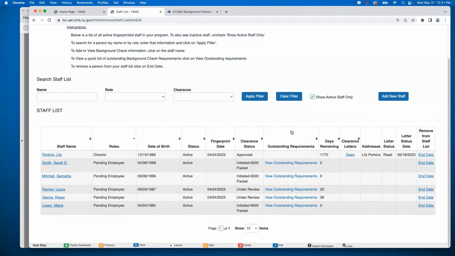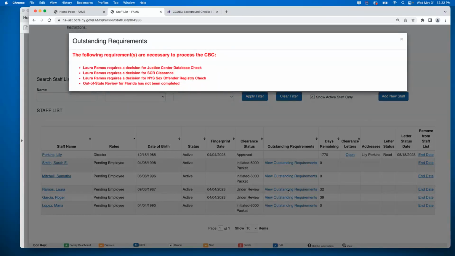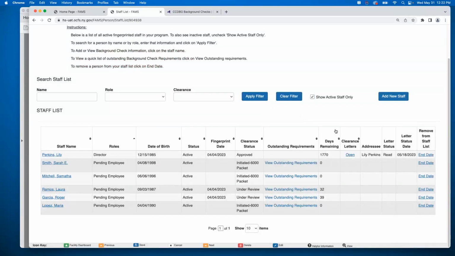So if somebody is going through the CBC process and they have not been cleared yet, you'll see a hyperlink here in this outstanding requirements column. Clicking on the hyperlink will show you all the requirements that are necessary to process that individual's CBC. Some of these may be requirements that you need to fulfill, others might be on the regulator's end, and so forth.